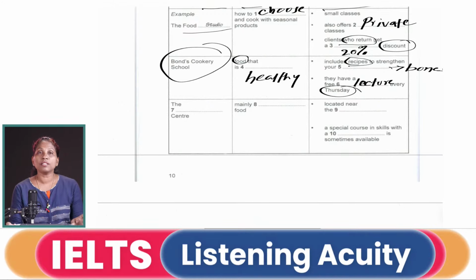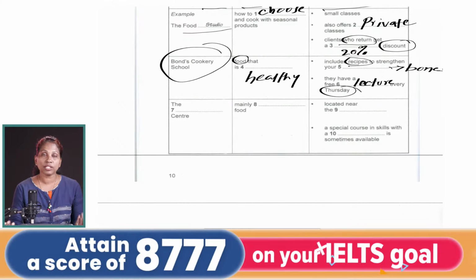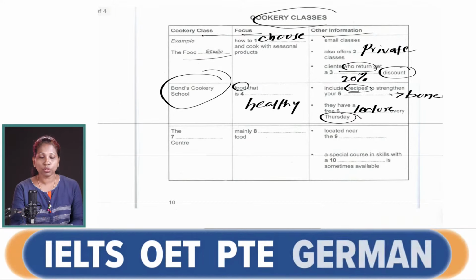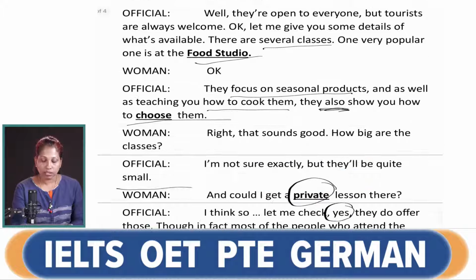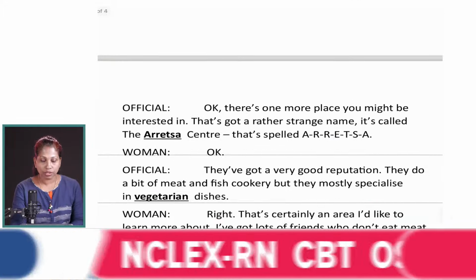The last one, the dash. Now here we don't know what class it is. We don't know what the focus is. We also have to get some blanks with the information, right? So first thing, we have to find out what is the type of cookery class. So let's go to,